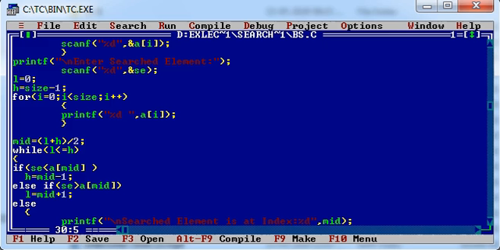If the searched key is less than the middle element, then we need to change our upper bound indicator to mid -1. You need to remember over here, if you are implementing the binary search algorithm for descending order, then you need to change this condition.